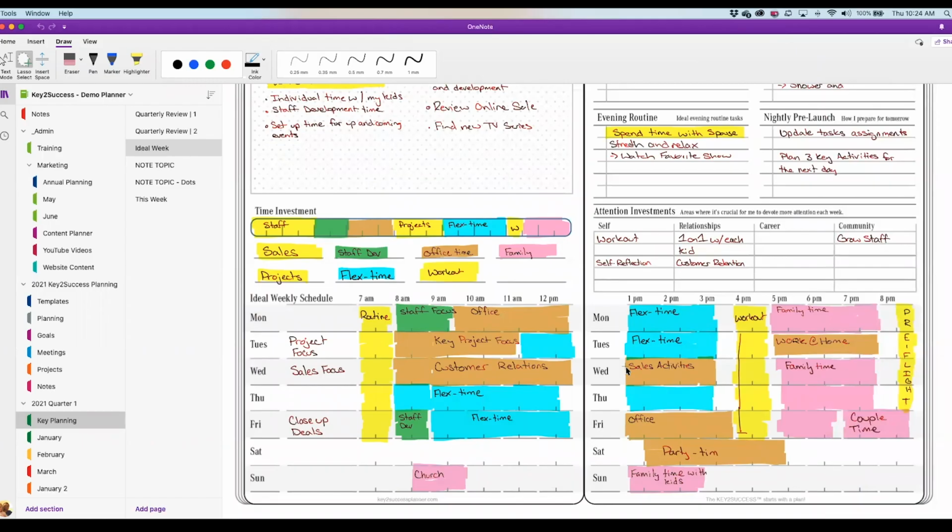Do you already have standing appointments, or do you already have standing things that you want to do? Maybe you want to create a better workout routine. Well, to make that happen, I'm going to commit every day at 4:00. I'm going to work out. That is going to be part of my ideal week and part of my routine developing that habit. And then obviously I tell people, start to color code different spaces on here.